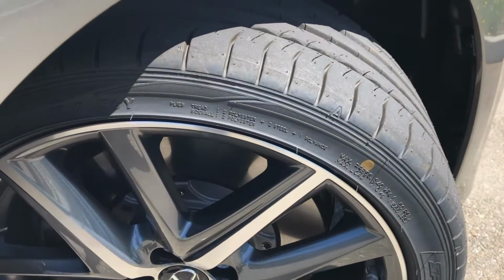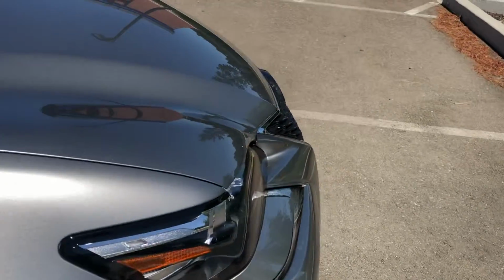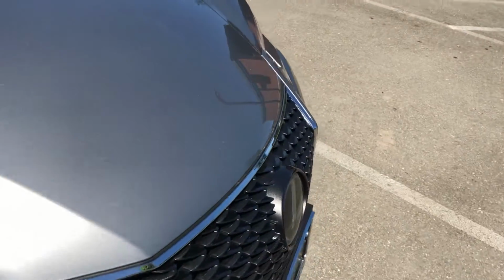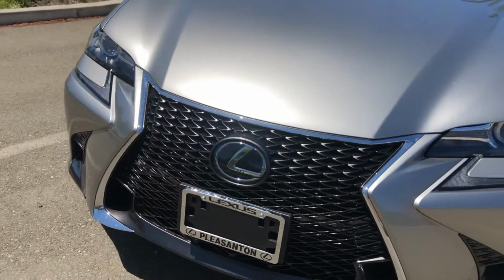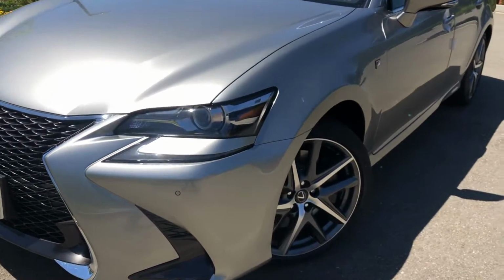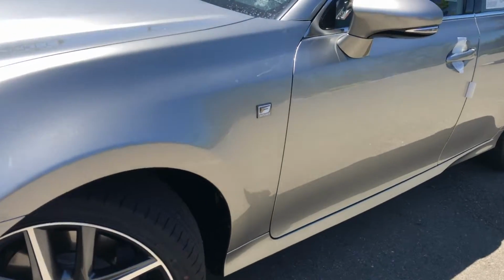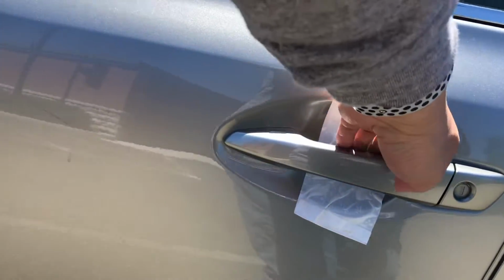And keep in mind the F Sport does go through tires a little bit more than, say, the regular one I have, the 18-inch, which I can rotate tires. I have the base model. So they only come in 2 trims right now, but you could get different packages. And let me look at the mesh grille and also the check mark for the LEDs, daytime running lights. As we open the door over here,